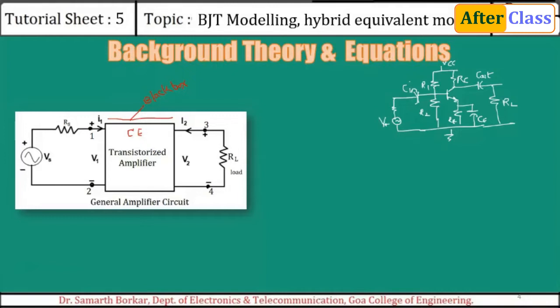Depending upon the application we have the input signal, which is referred to as source voltage, and all this input circuit will have a source resistance. For example, if I want to use this circuit as an audio amplifier, voice amplifier, audio is in the range of 20 hertz to 20 kilohertz.